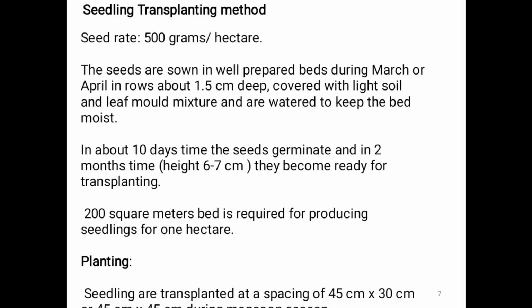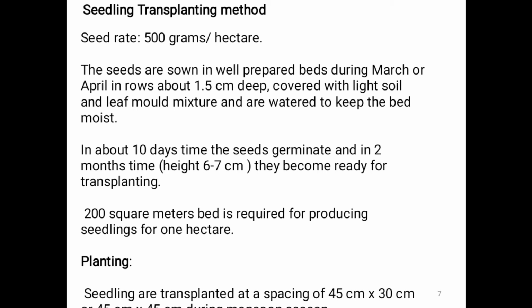The seeds are sown in well prepared beds during the month of March or April, in rows about 1.5 cm deep, covered with a light soil and leaf mold mixture, and water is given to keep the bed moist. In about 10 days the seeds germinate, and in 2 months, when the height attains 6 to 7 cm, they